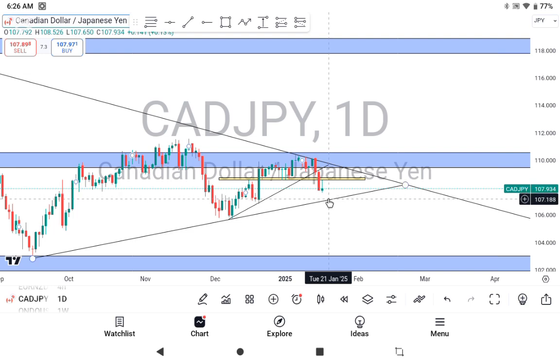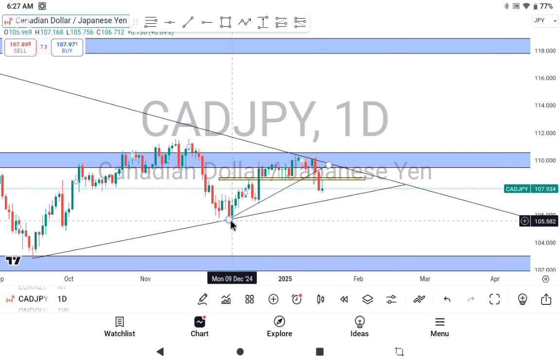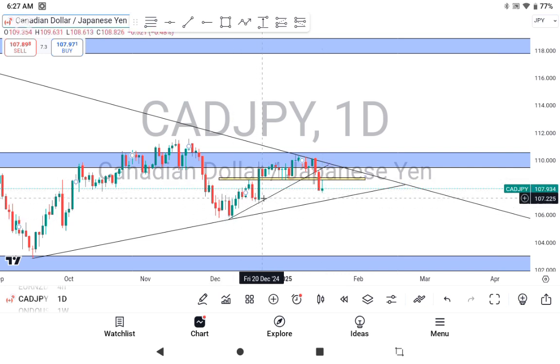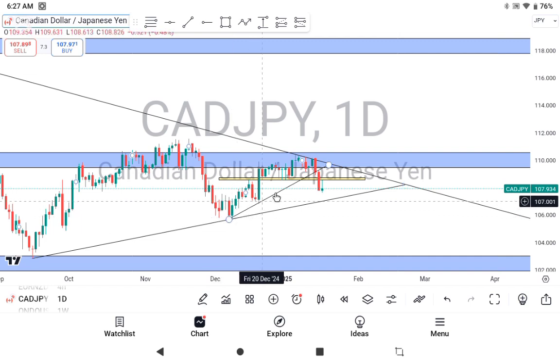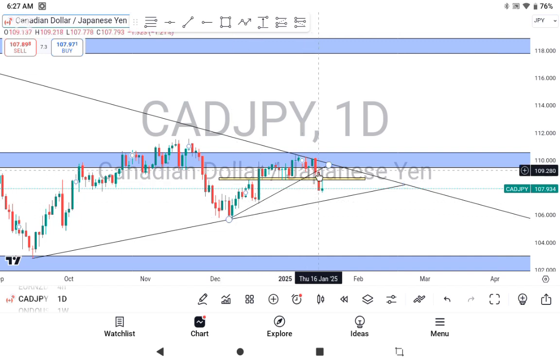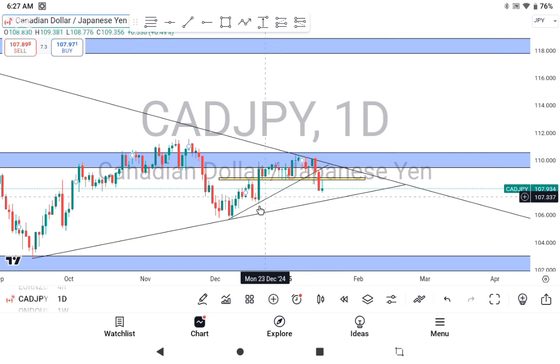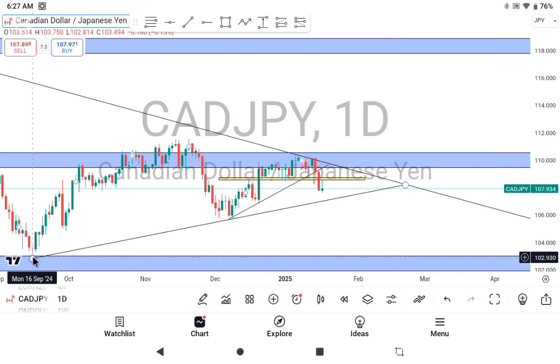Now, as you can see, with the inner trend line, we have the first touch, the second touch, and upon the third touch, price broke out and is pointing to the other side. So this inner trend line has done its work. Now we are left with the outer trend line, which is the main trend line. This main trend line will push price down to this key level of support right here,